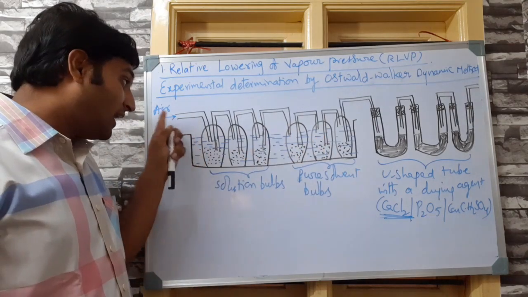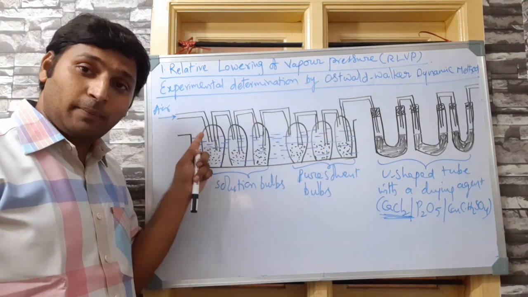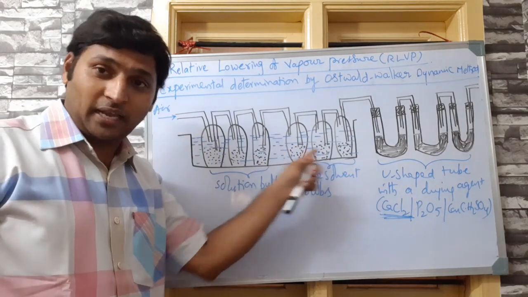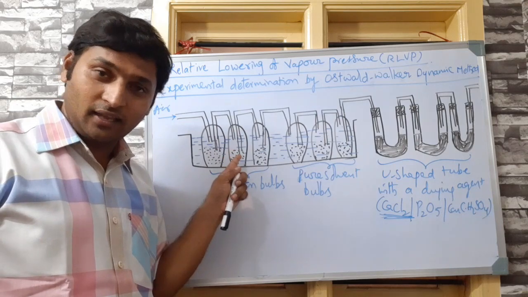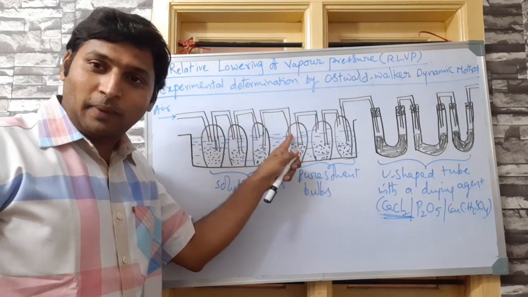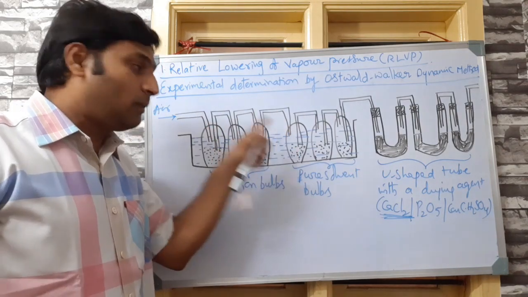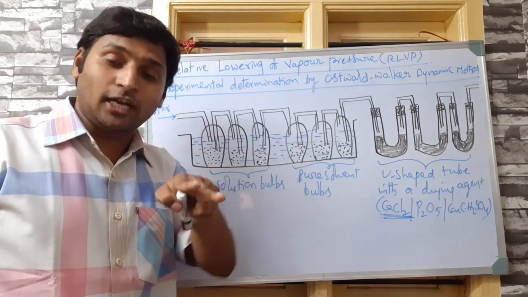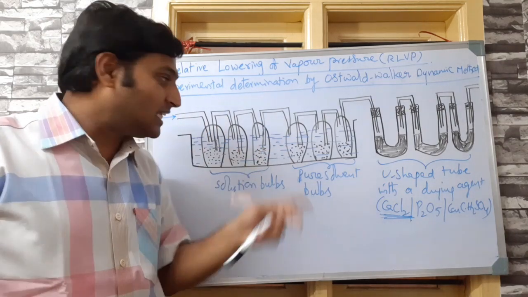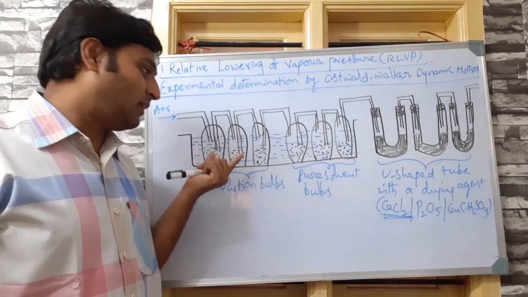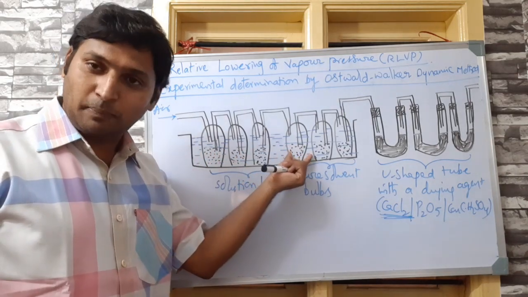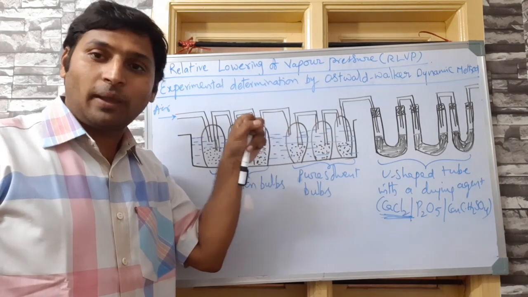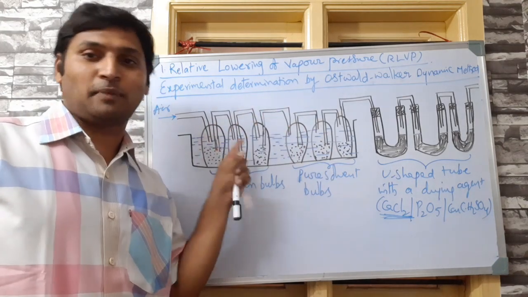Now, already they were saturated with some vapor pressure P here, whereas its vapor pressure is P naught here, which is larger than P. When air continues to pass here, the air will be saturated with the vapors corresponding to the difference in the vapor pressure in both the bulbs. Here it was P, here it is P naught. P naught is larger than P. So here it will be absorbing vapors corresponding to P naught minus P.